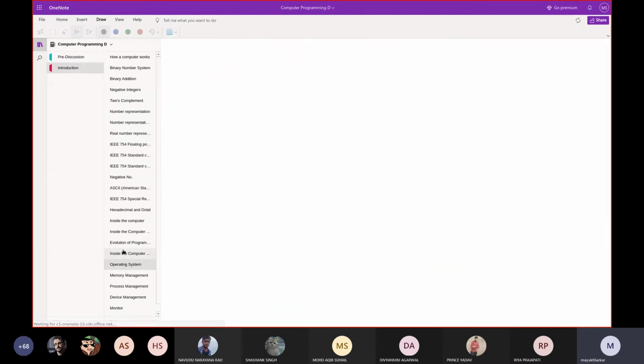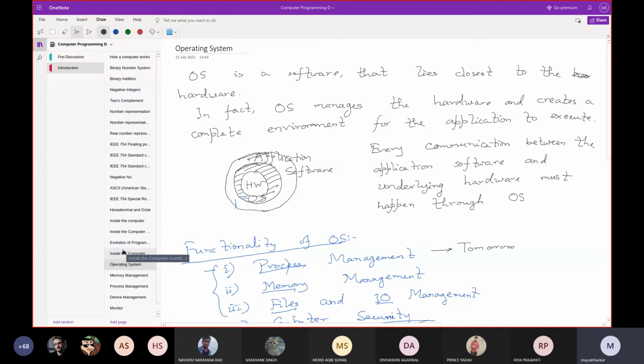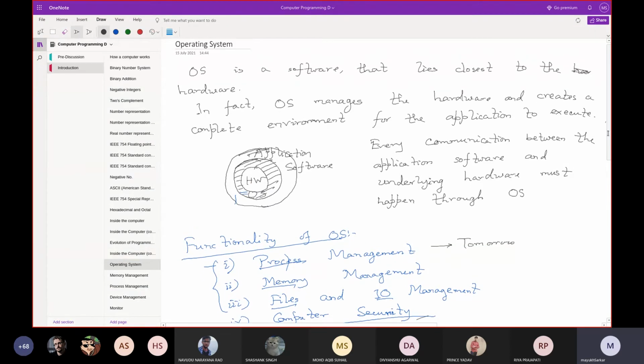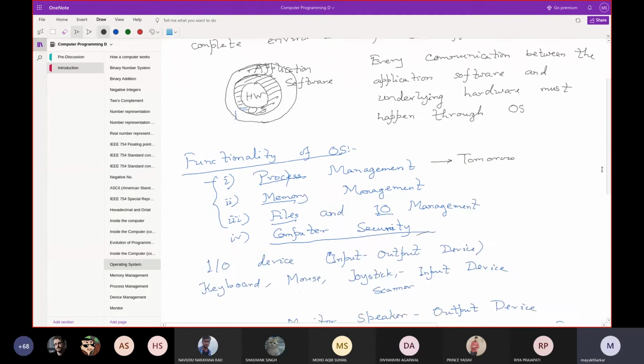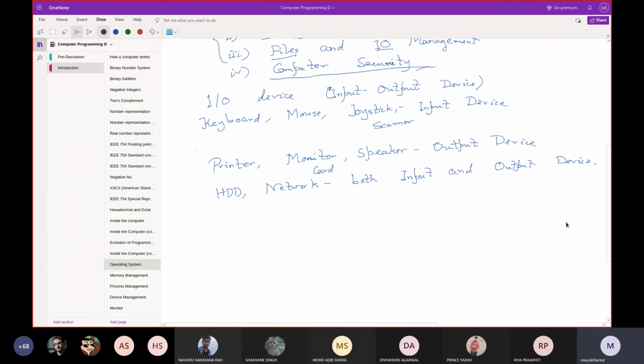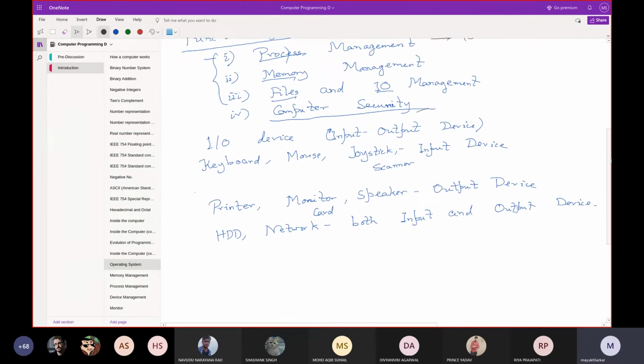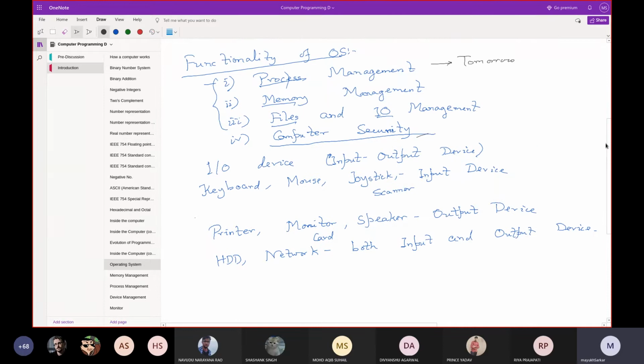And after looking into the bottommost level of computation, we have come a bit to the higher level, that is the operating system, which controls the complete hardware, and it does the job in various parts, because the operating system itself is a huge software. In fact, the largest software in your complete computer system is the operating system itself.